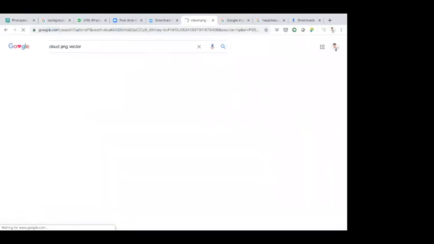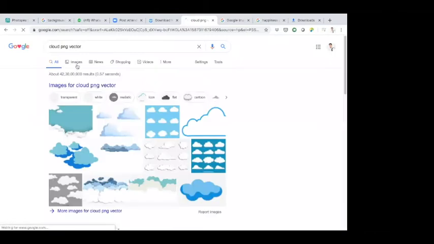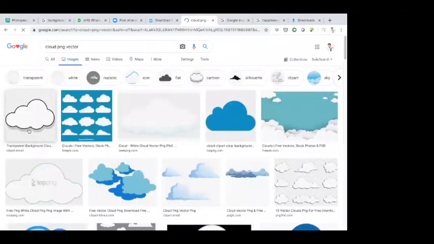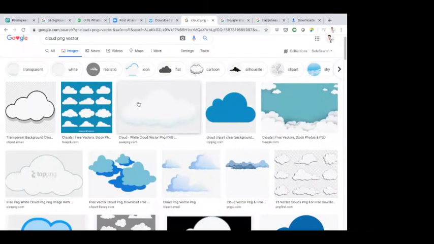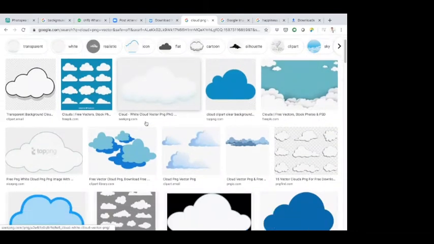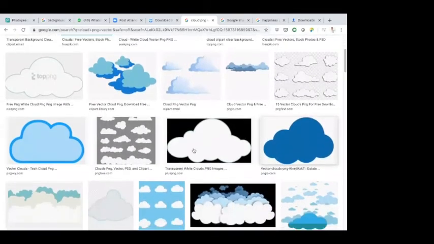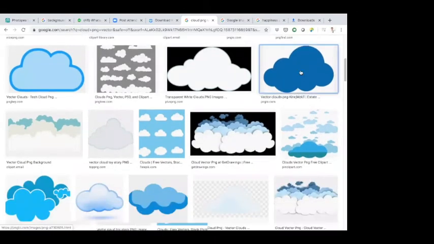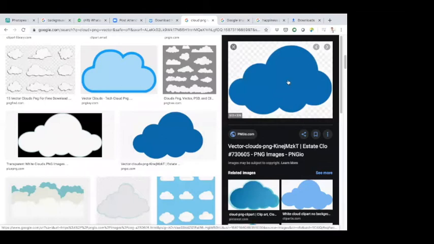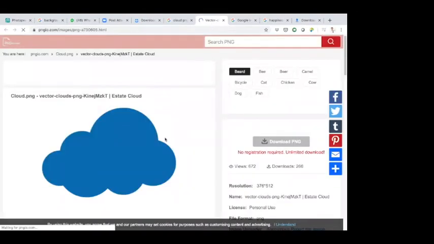If you search this, you can click on images. You will get a lot of cloud-like images which are in PNG, which are vectors. So I think I will use this particular image, which somewhat looks like the one which we had there.